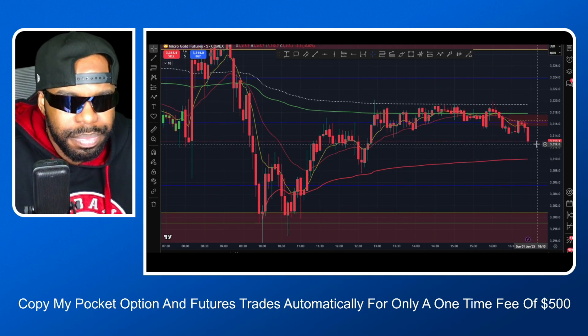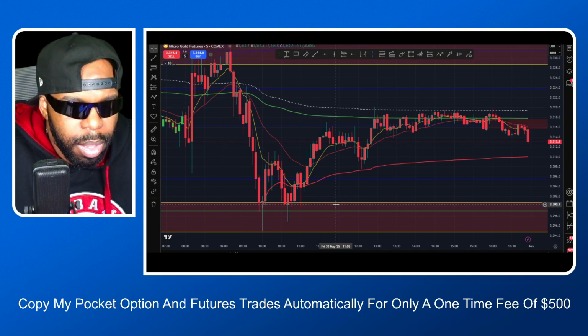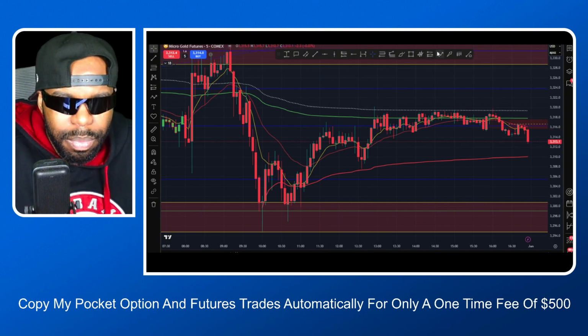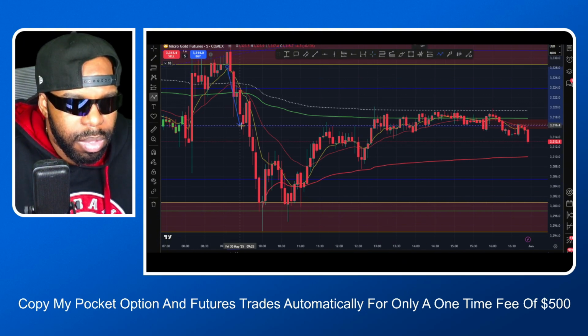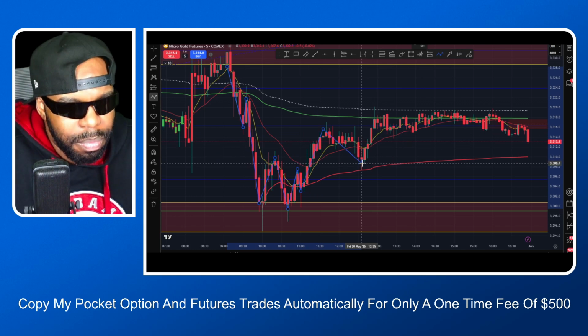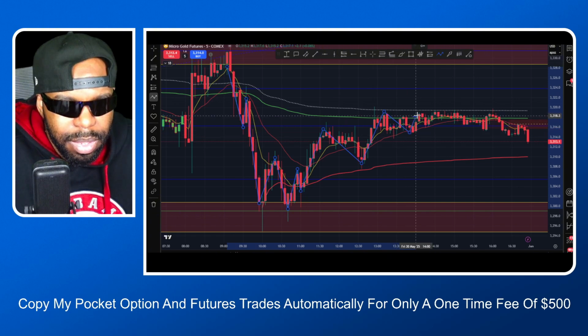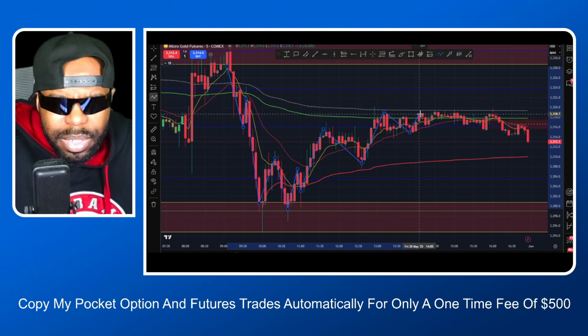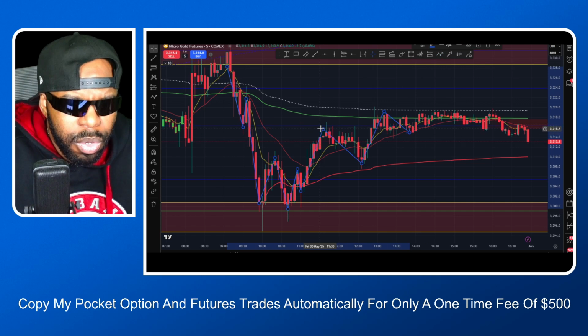As you can see, I'll get my tool here. We were creating lower lows, lower highs, lower lows, lower highs, and created a lower low here, and then we created a higher high up here. Now you're seeing a higher low here and then a higher high here. As you can see right there,